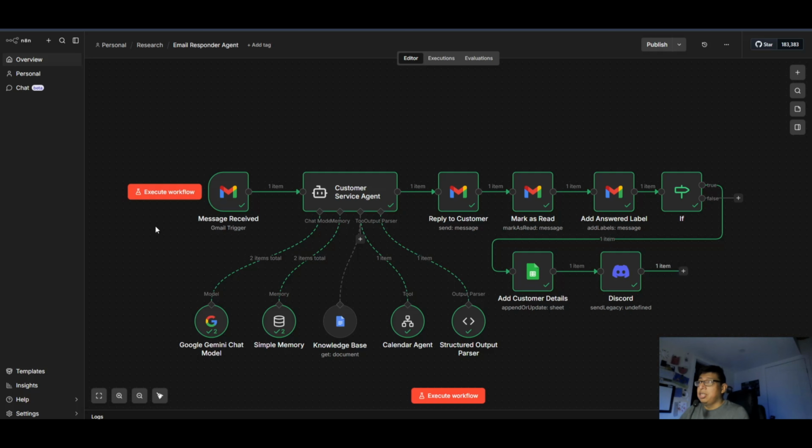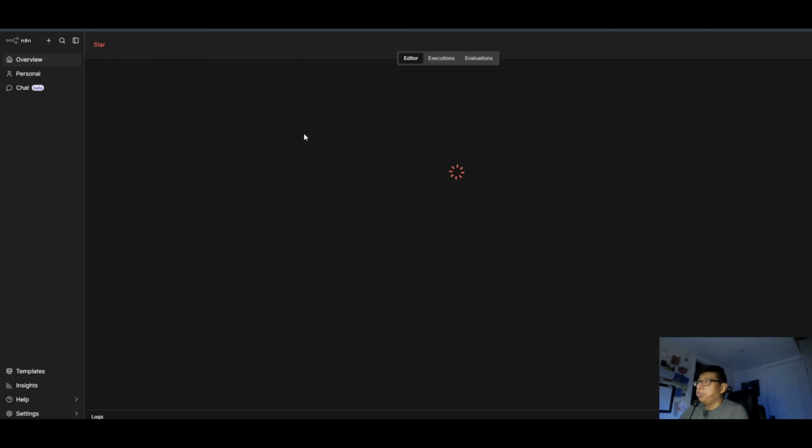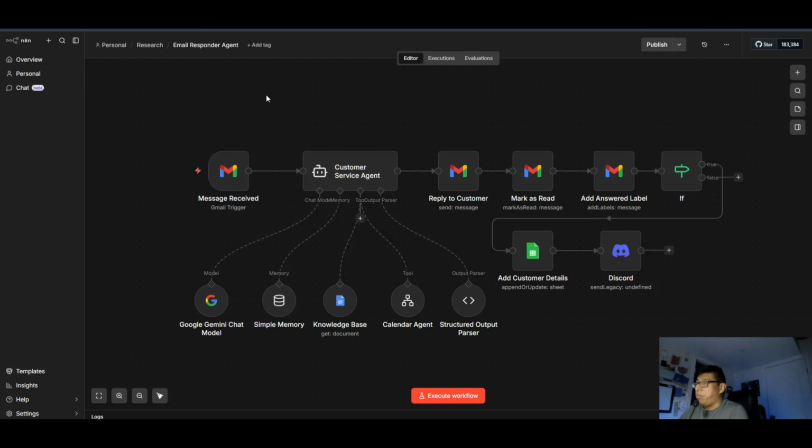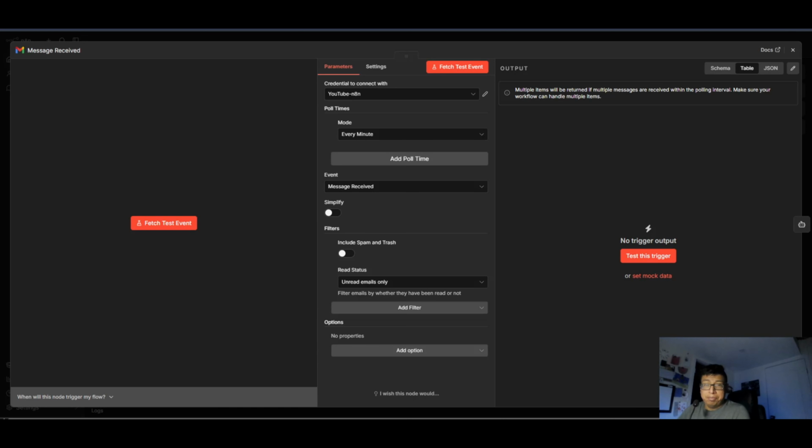But let's start off. I'm just gonna refresh this here, just so we can see all the nodes. Okay, perfect. All right, so I'm gonna go one by one, each node super quick, and I'll show you how it's all configured. Just so when you import this template into your n8n service and you need a little bit of troubleshooting, you can refer to this section, and I'll show you how this is configured.